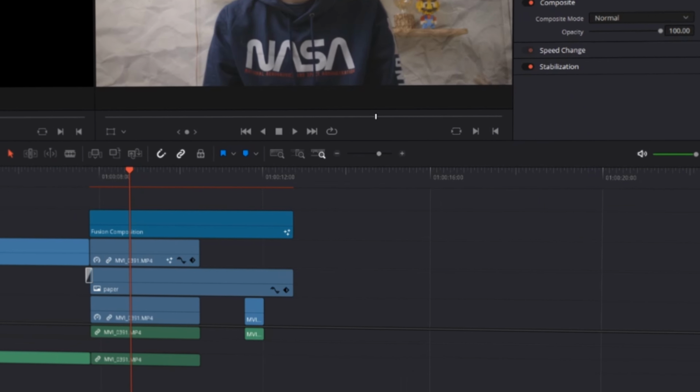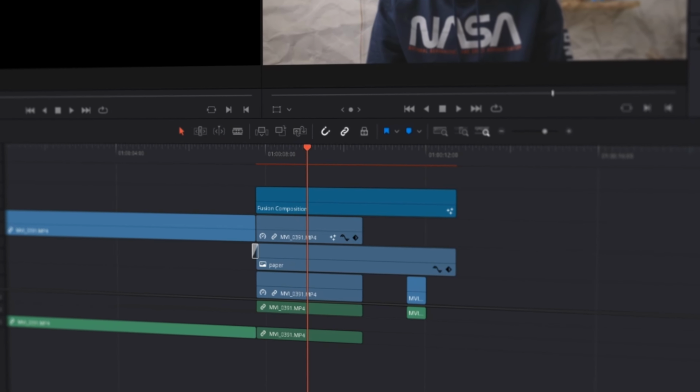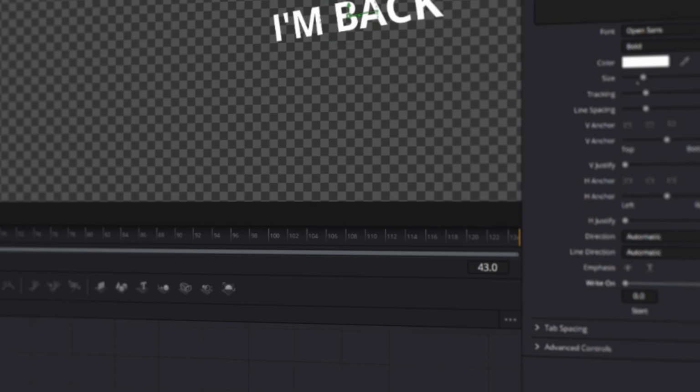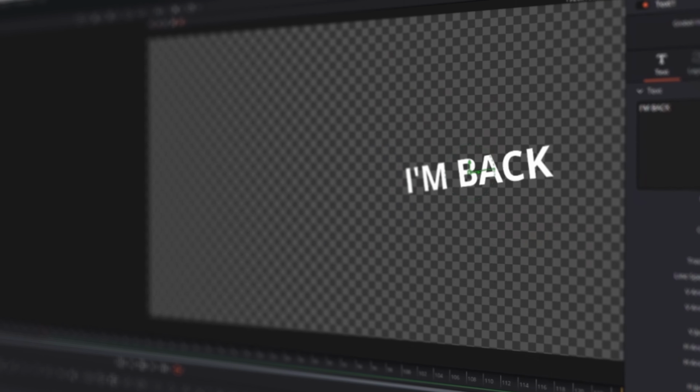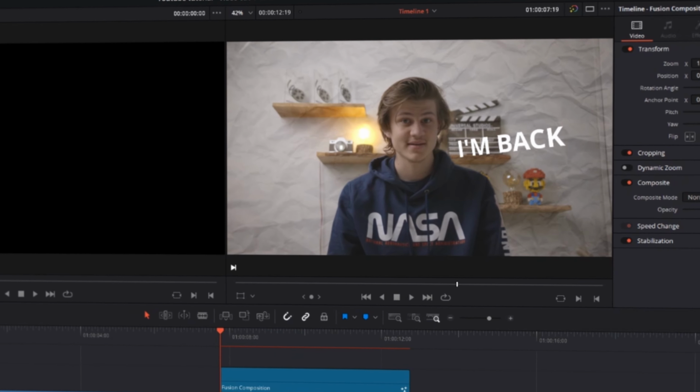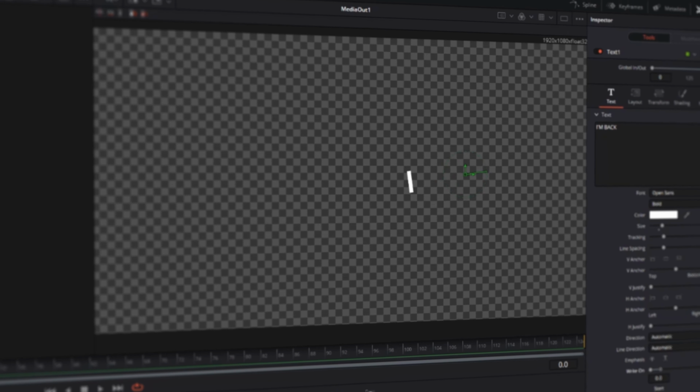You can animate the write-on effect by going into your inspector of your text and dragging the right side to the left and adding a keyframe for it to be at 0. Now you just drag it all to the right at the end where you want it to be completely written out, and then it will automatically add the next keyframe, and then your effect is done. You can add the final end of the clip you cut off right at the beginning, and it will play